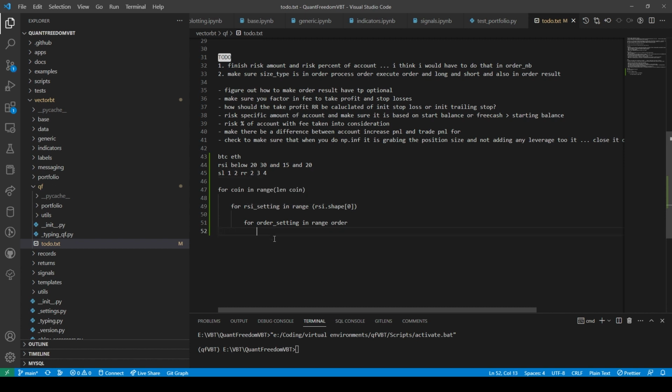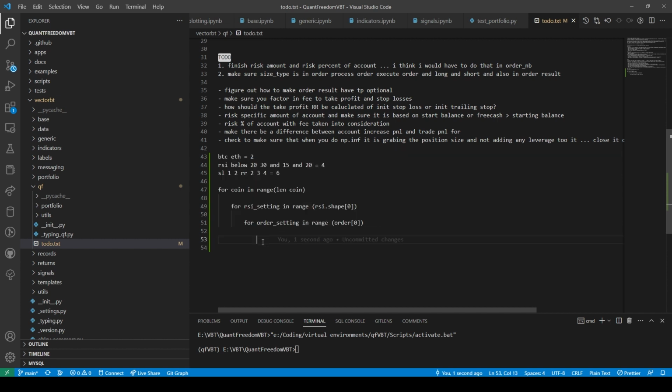And so that means that there's a total of 3 times 2 is 6, and then this is 4, and this equals 2. So we're on Bitcoin, we're on coin 0, RSI setting 0, order setting 0.